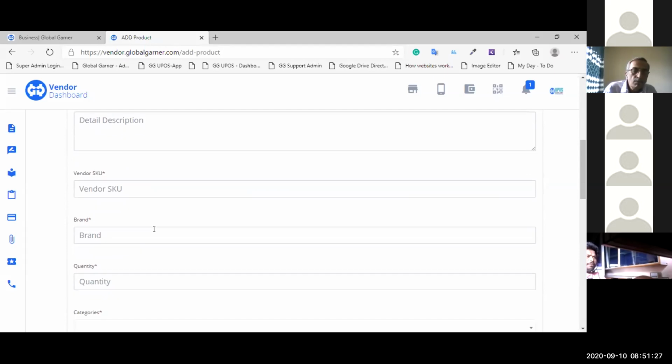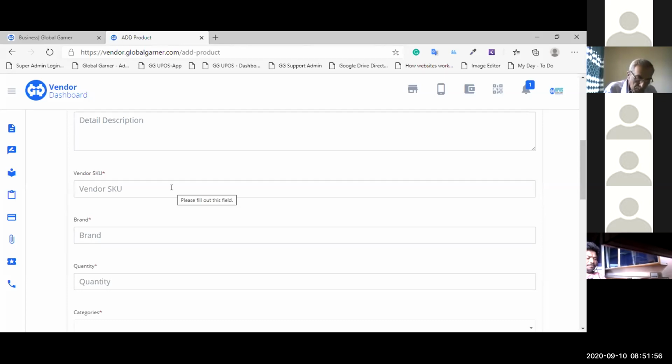Now SKU is basically stock keeping unit. For example, if you are a grocery store and you are selling, say, oil, you might have different packaging for this oil. You might be selling the oil in a 500 ml package, and a 1 liter package, or maybe a 250 ml package. So there can be different packagings of a single product, right? We call it stock keeping unit.